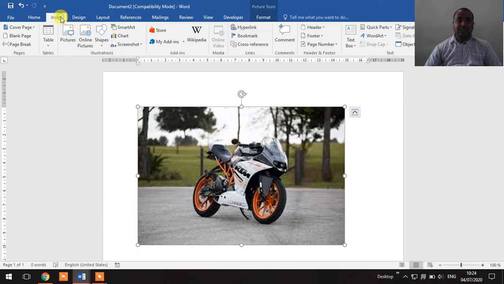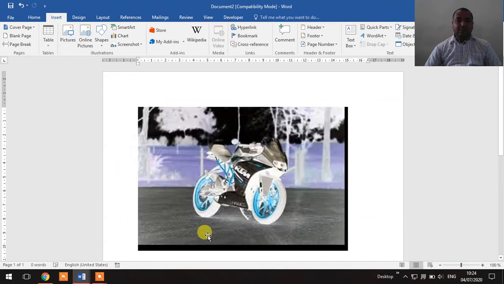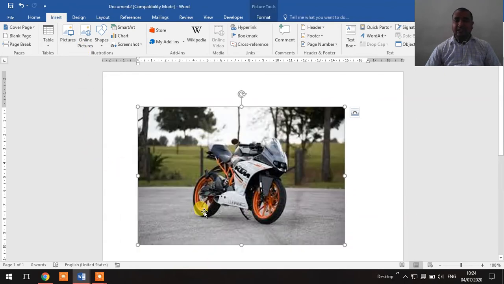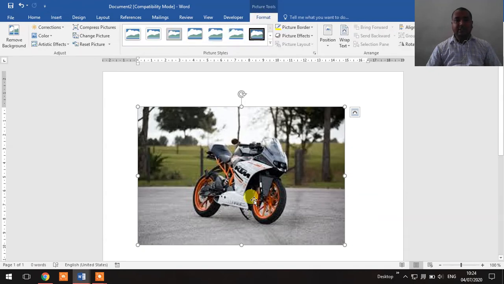As you insert the image and select it, for selecting the image you have to click on it. After selecting, you will see a Format tab appear. This is the main tab in which you have to work. By using the Format tab you can change the appearance, style, and even add 3D effects to your image. So now I am going to click on the Format tab. Keep in mind this tab will appear when you select the image. You will see this many options are available in MS Word.